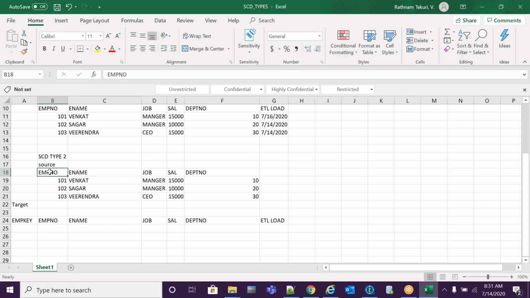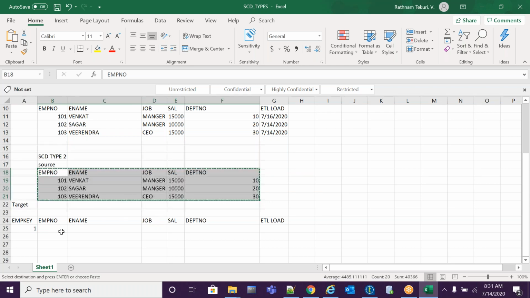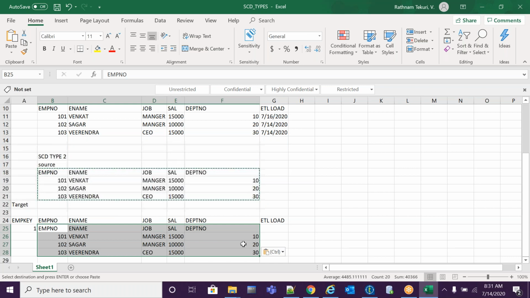Okay, this is the first record. What will it do? The same source data, it is not existing in the target, so it will simply insert it. If there is a new record, it will insert it.